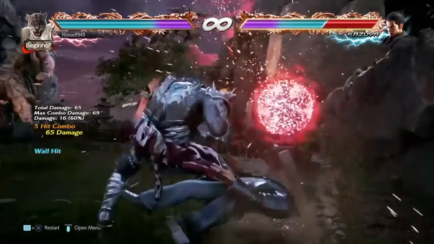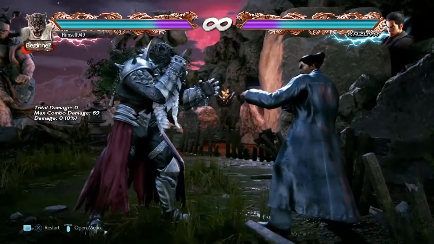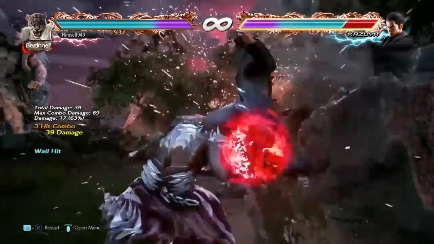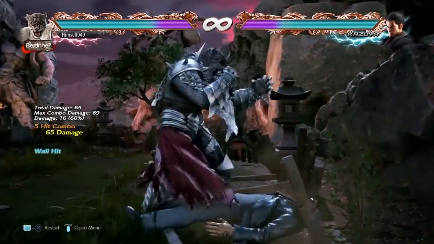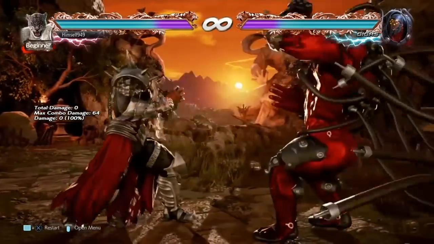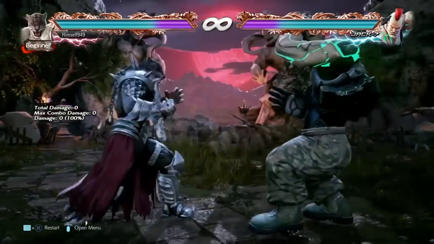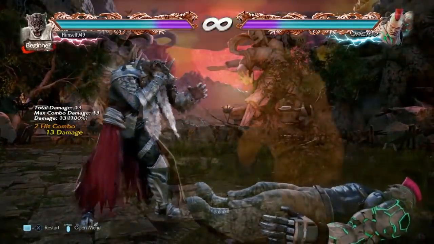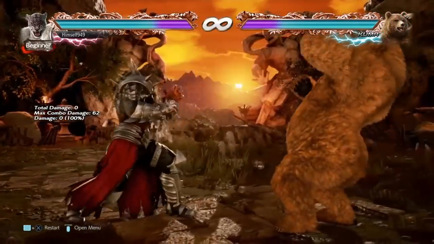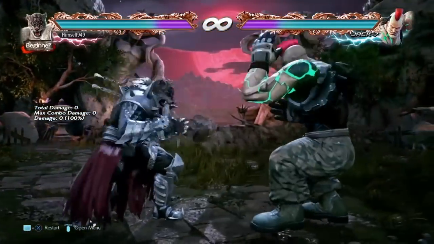The only problem though is getting Dark Upper to come out in 16 frames. The window is a bit tight and I had trouble doing it consistently, so I'd only recommend it if your execution is spot on. The last guaranteed hit I want to mention is on Biggs. Against Kuma, Jack and Gigas, a hop kick will launch them, and from there you can do up to 60 damage easily. Against the other characters this won't work, but against these it does, so you might as well make